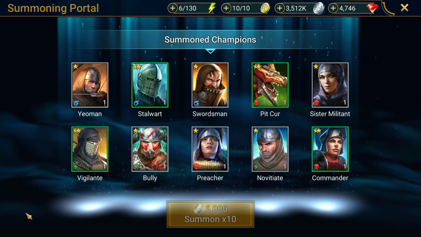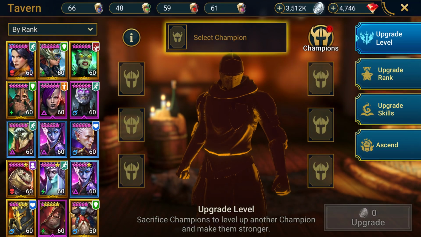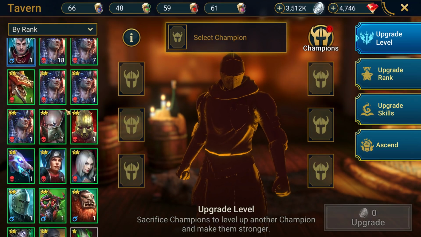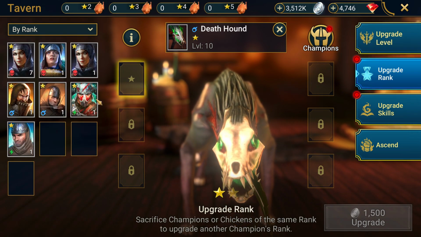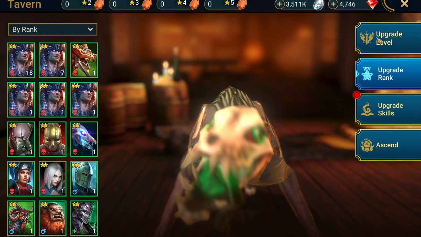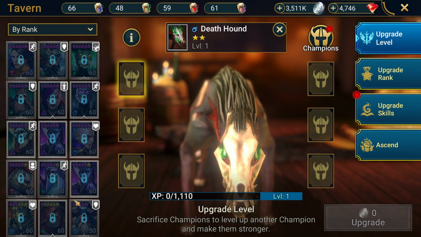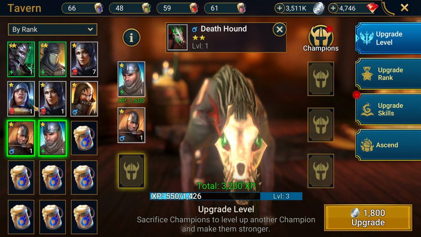Okay, let's see what I've got here. Nothing all that interesting. I did get some more uncommon champions, and so that's going to be useful. Let's rank this guy up. We'll do this. Brings him up to a 2-star. And now I can feed it some more of these little